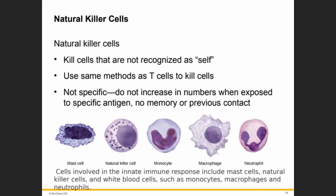The natural killer cells, the NK cells, are constantly patrolling the body and are an effective mechanism for controlling potential infection and preventing cancer progression. Here we just show the various immune cell histology in these illustrations. Next,